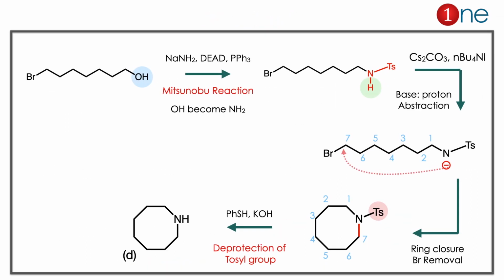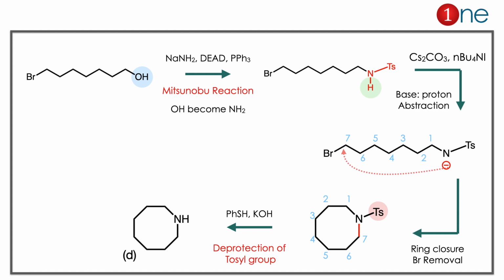The starting material has an alcohol, and you have DEAD reagent. Normally it's a kind of SN2 reaction. It's called the Mitsunobu reaction. Technically it's the Mitsunobu reaction, but it is like SN2. So what really happened is OH converted into NH2. Since you are using DEAD reagent, you have substitution with the tosyl group. Then in the next step you are using the base. The base abstracts the proton from the nitrogen, which is the acidic one. You have the anion.